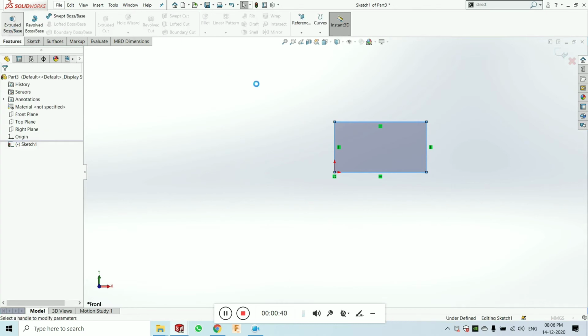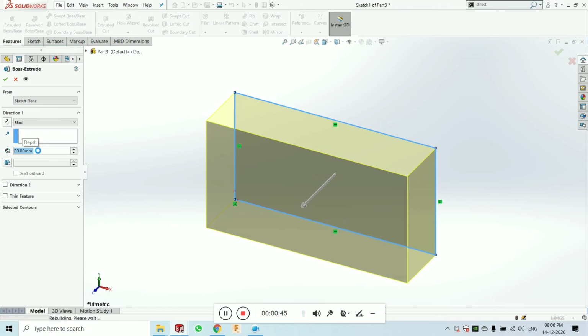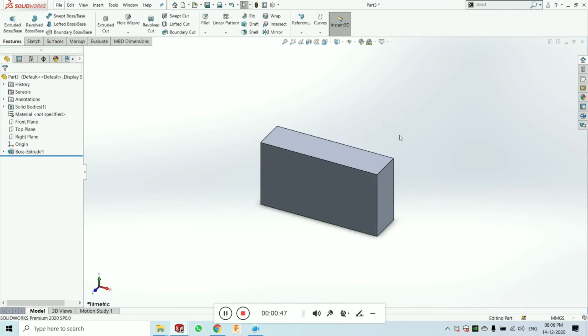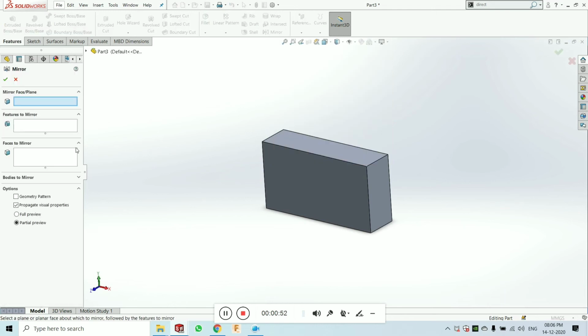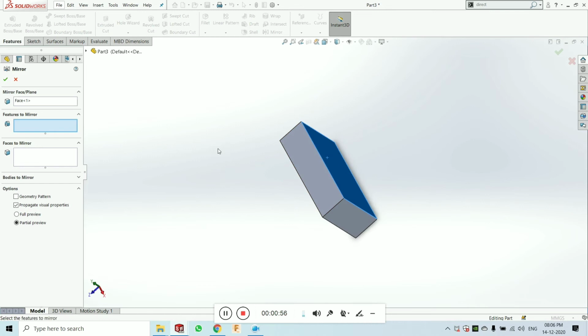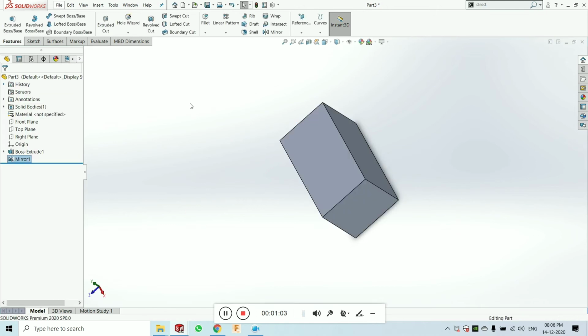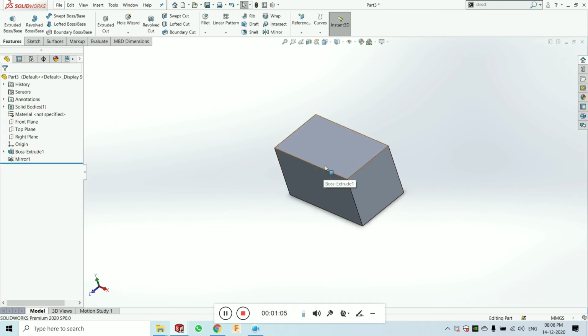Go to Features and click on Extruded Boss up to 20 and click OK. Now click on Mirror and select the mirror face or plane. I am taking the face, and the feature to mirror is the one feature, that is the extruded boss. Click OK. You will see the feature is mirrored, and if you want to make changes you can drag